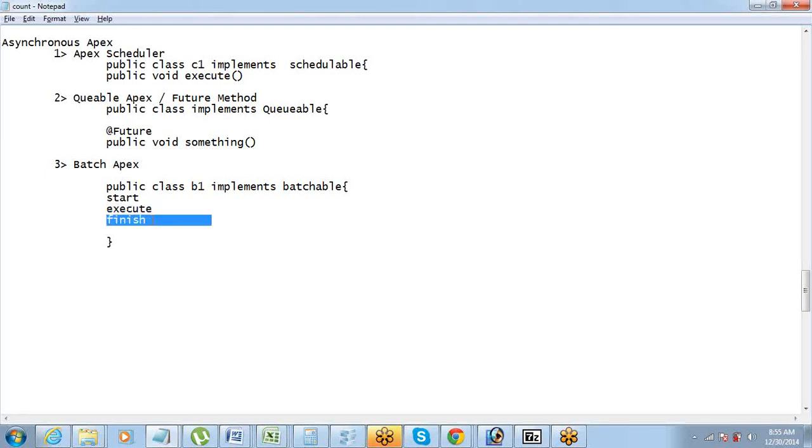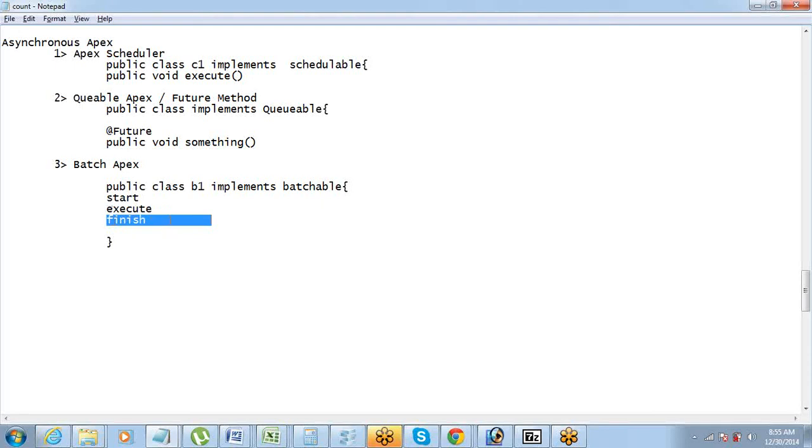And finish is a method which runs at the end, meaning when all the batches are processed. Let's say you have 20 batches. When all the 20 batches have got executed, the finish method will get executed once only. The loop will keep on running from start to execute, and the finish method will run just once at the end.